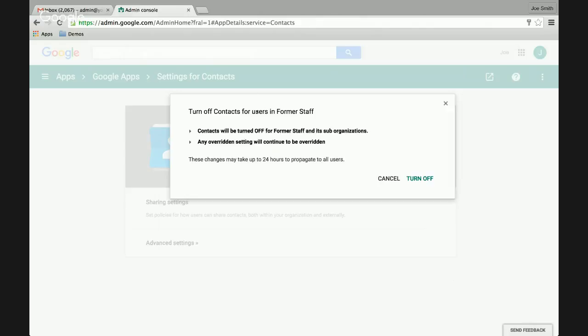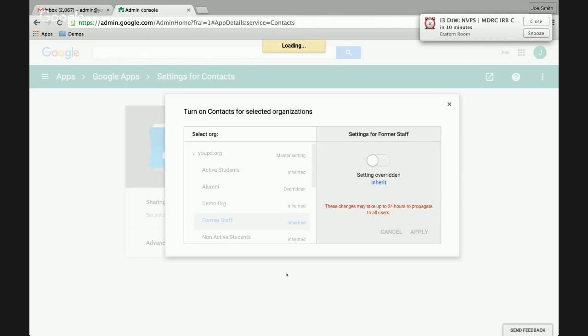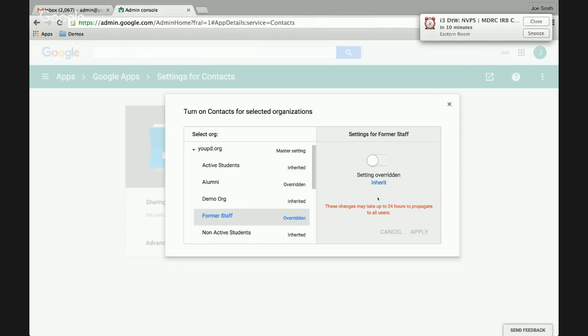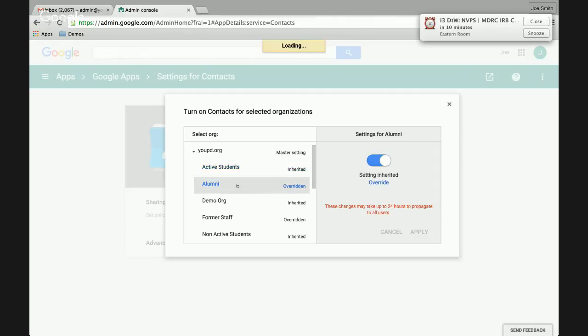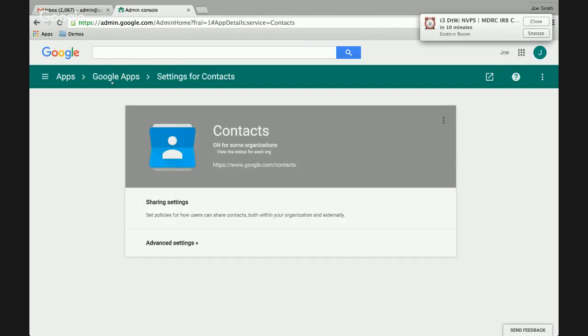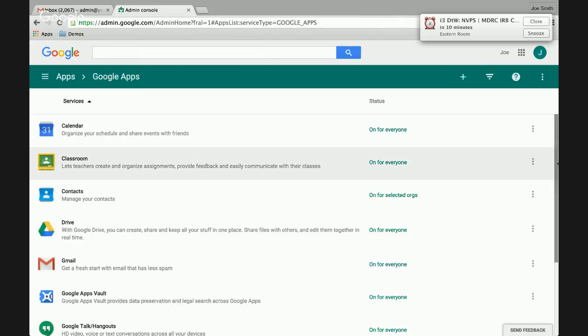So it's telling us we're turning off this contacts app for former staff. Do we understand what this means? We're going to click on turn off. And now we can see that in addition to alumni having that status of overridden, former staff do as well. So we have active students are on, we have alumni are overridden, we have former staff are overridden, our demo org is on. So let's go back to all of our apps,